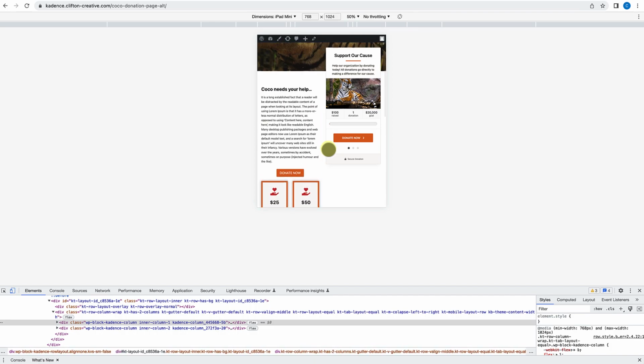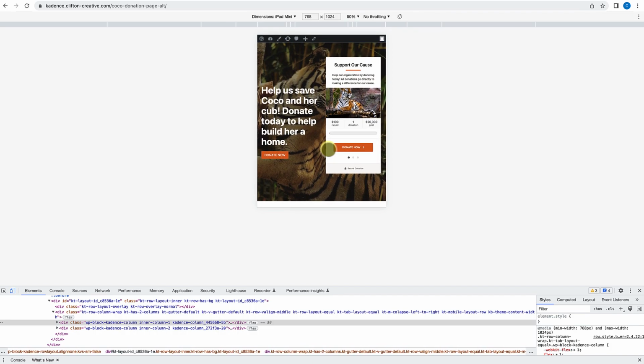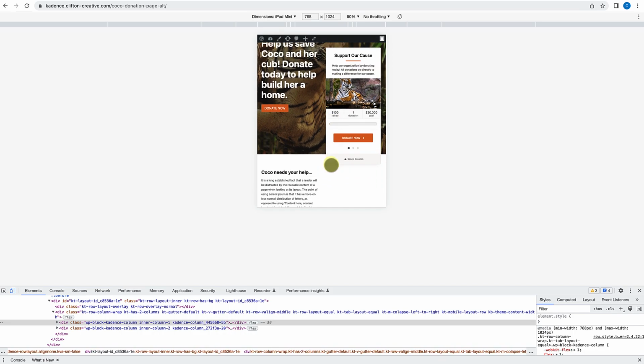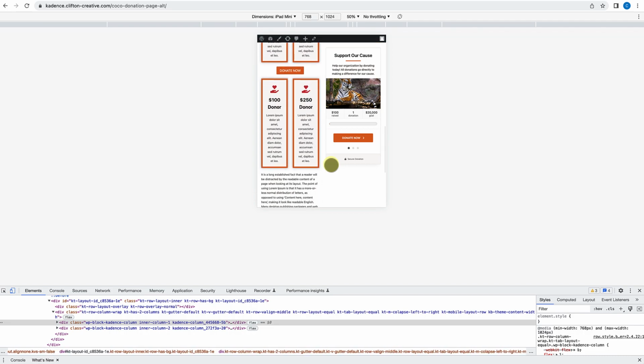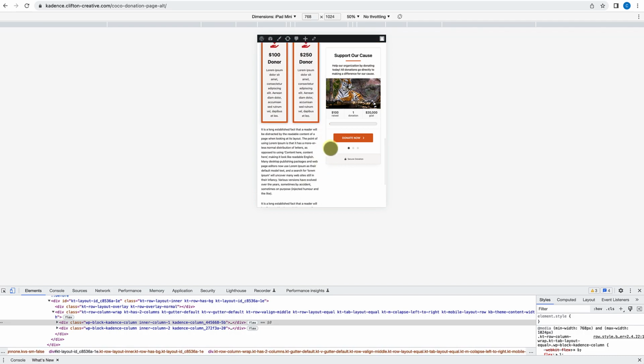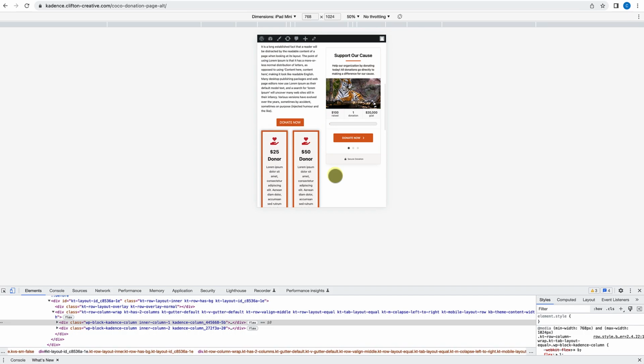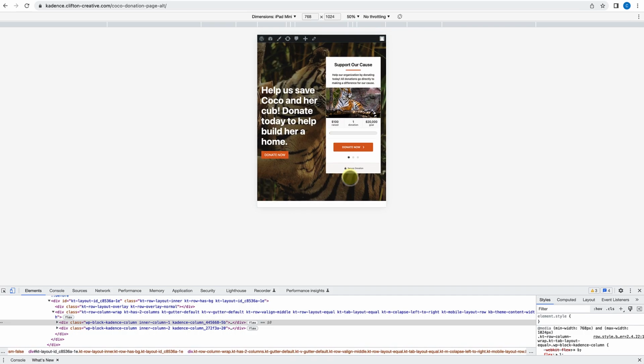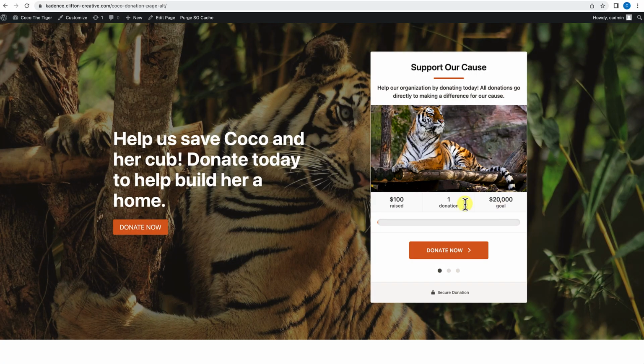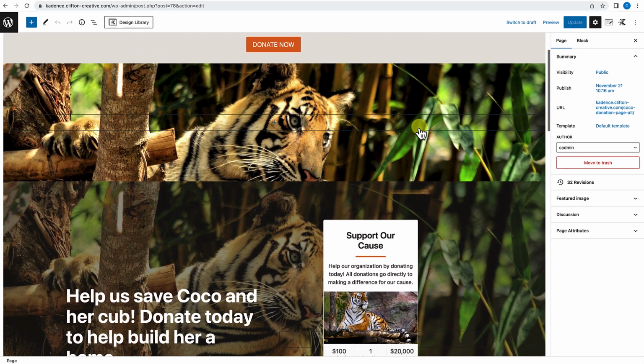And what we're going to do now is configure this so that everything looks a lot better, a little bit more focused, and everything is more of a one column orientation versus a two column. That way all the content has enough breathing room. Okay, so let's go ahead and take care of that right now. So I'm going to close out of the Chrome developer tool, and what I'm going to do is go to edit page, and we're going to scroll down,